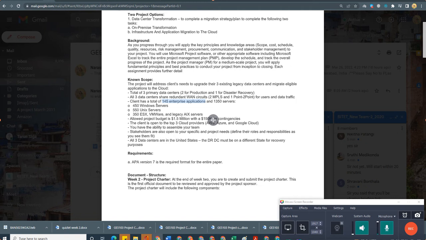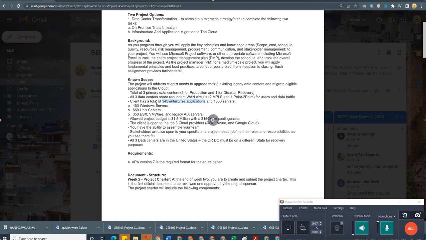Like with desktop computers, usually servers are kept in the CPU part. In the CPU they will be installing the servers, and we can access those applications from the servers. Here, rather than keeping them on our on-premises servers, the applications will be migrated to the cloud. Most of the applications, not all of them.